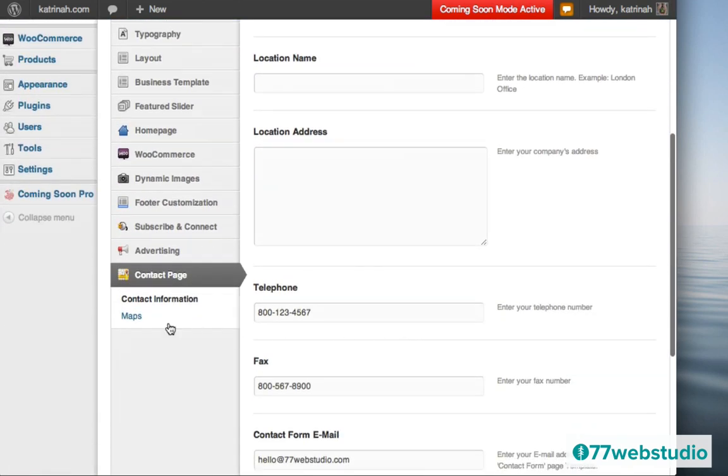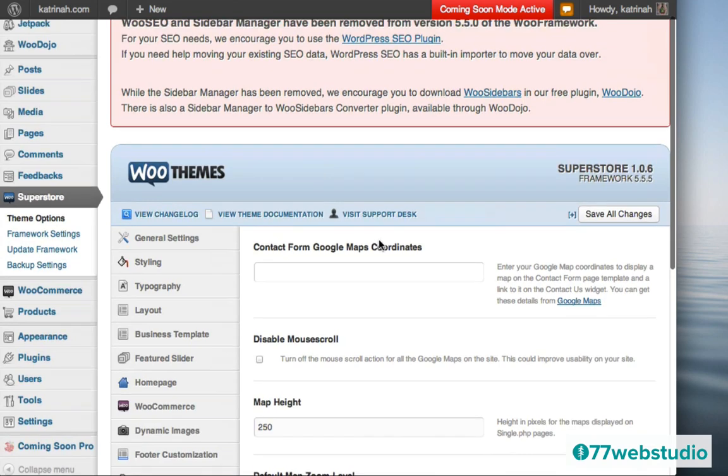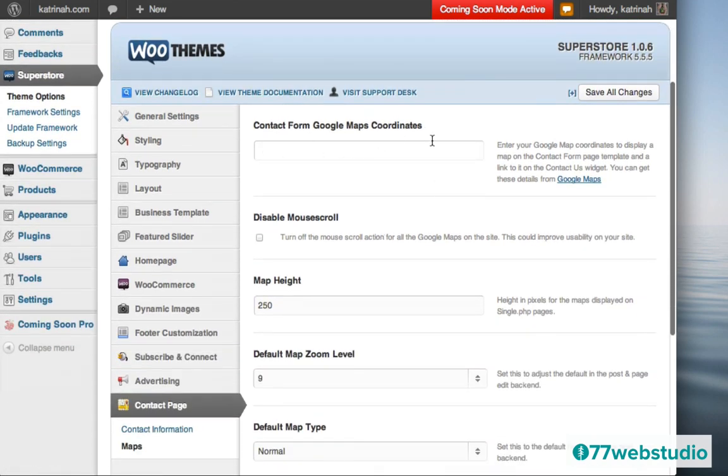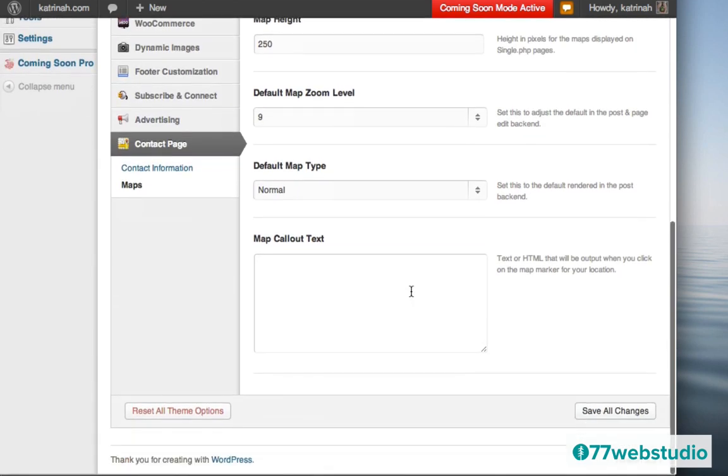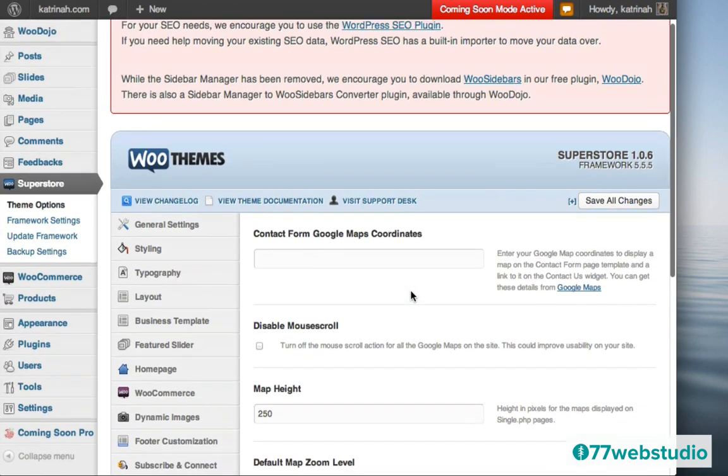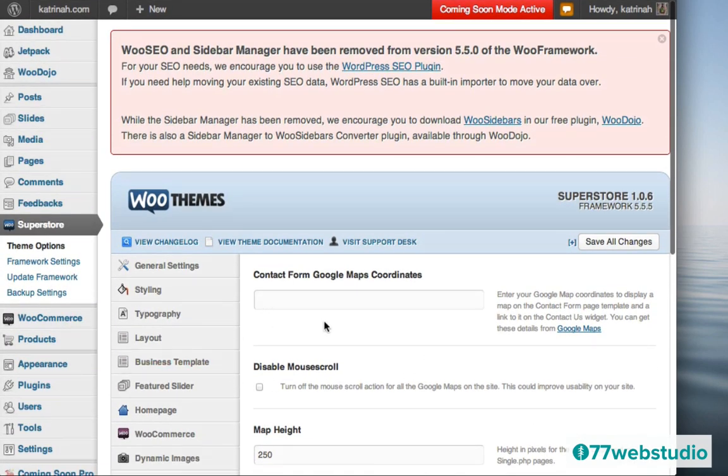So then, let's see, you can also add maps on your contact page if you'd like to by clicking on this link here to add a map. And here you can just add the coordinates for your Google Maps, and you can find out more about that by clicking on this link here that goes to Google Maps. So I'm not going to add a map to my contact page. I'm just going to leave it as that, and then I'm going to go up to the site and click on Visit Site to visit the site.